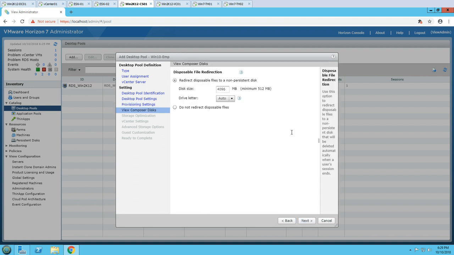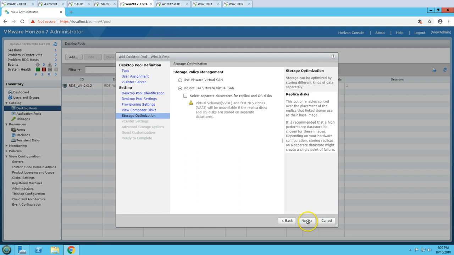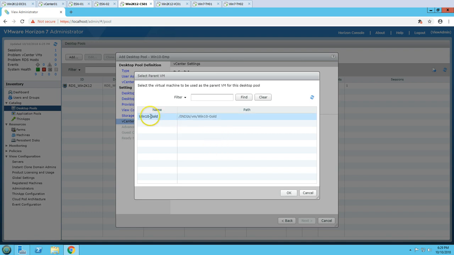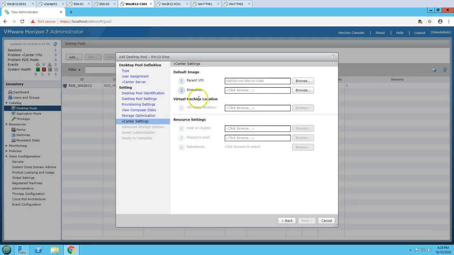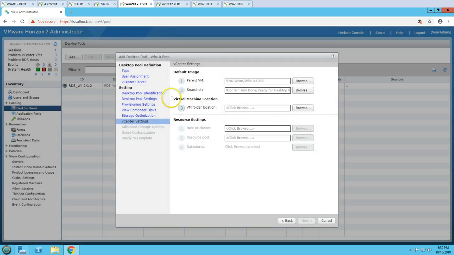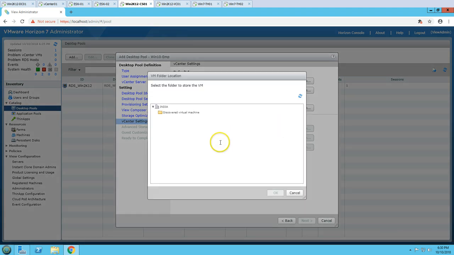So click next, and then disposable file redirection, I'm not going to use this, so do not redirect disposable file, and click next, and leave the storage policy management default. And now we have a vCenter setting. So what you want to use, so parent VM which you want to use, I'm going to use my Windows 10 Gold, and snapshot, so which we have taken ready for desktop pool. So I'm going to add the snapshot,